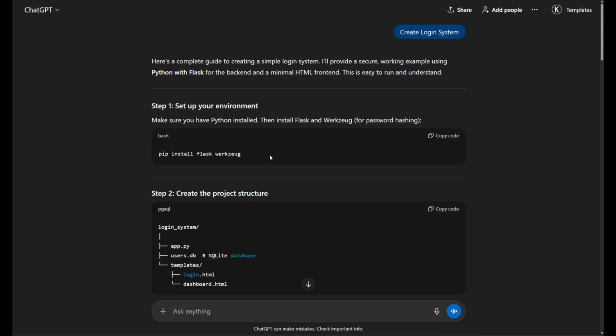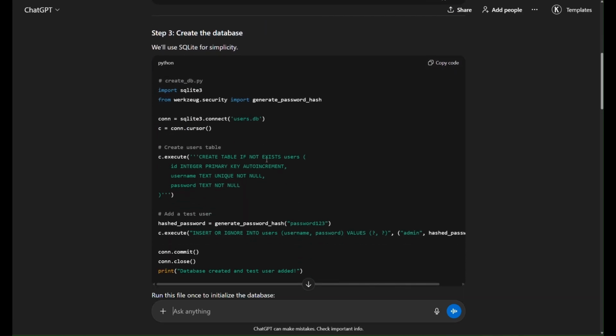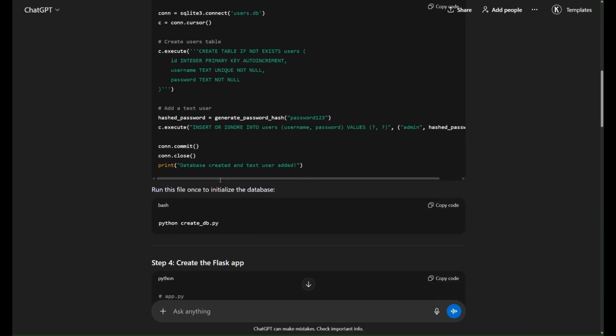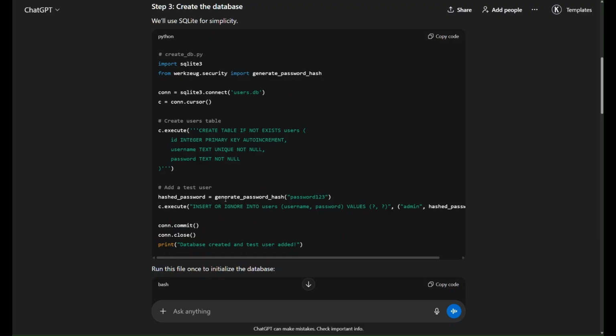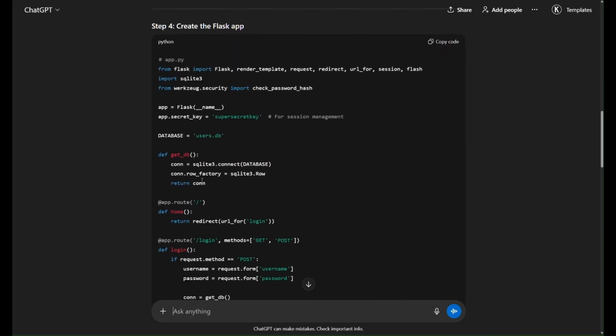It is assuming that you want to generate the code in a Python Flask application, not in Java. It will assume that you are smart enough to understand every concept about Python Flask, annotations, everything. So it will generate very complex code which beginners cannot understand. If you are a beginner and you see this code, you won't understand what this library is, how it is imported, what this connection is, what SQLite 3 is. I did not include any database. ChatGPT will assume so many things and generate code.